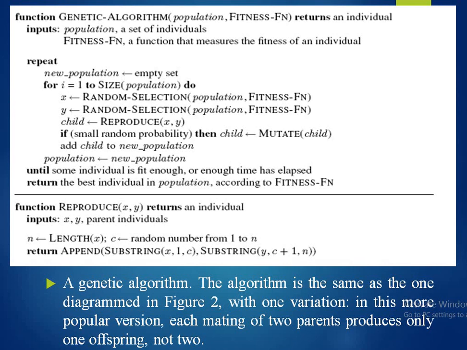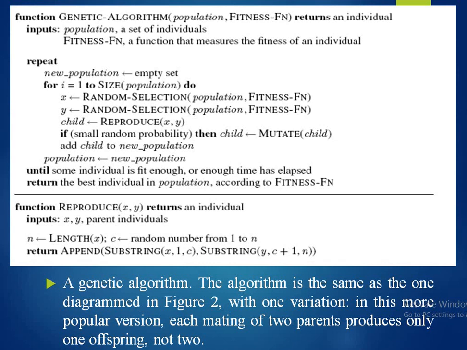What is the function? It is function genetic algorithm, population, fitness Fn, returns an individual. Inputs are population, a set of individuals, and fitness Fn, a function that measures the fitness of an individual. Repeat: new population, empty set. For i equal to 1 to size of population, do: x equals random selection population fitness Fn, y equals random selection population fitness Fn.